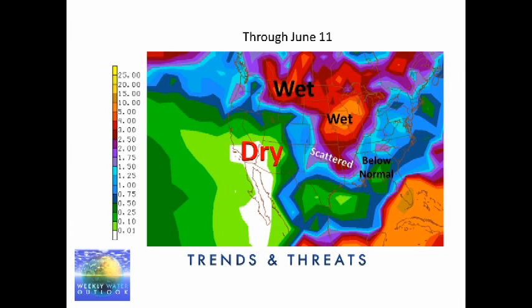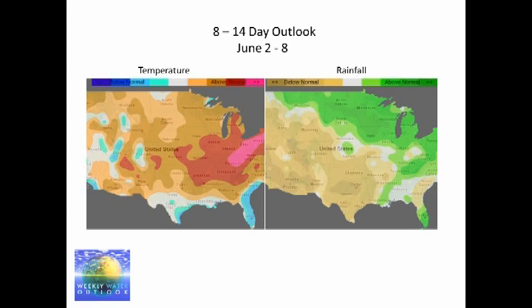Another strong trend is the very dry weather over the southwest U.S., high confidence in that continuing, and over the southeast U.S., generally below normal. It doesn't necessarily look like it's going to be all the way dry, but it definitely looks like it's going to trend either below normal or well below normal right through the early part of June. Between these two, where that moisture feed is, there could be some scattered thunderstorms, primarily developing over north central Texas into Oklahoma. Still looks like South Texas and West Texas is going to be trending dry after perhaps early this week, but we'll have to see on that because it is in that axis of heavier moisture.